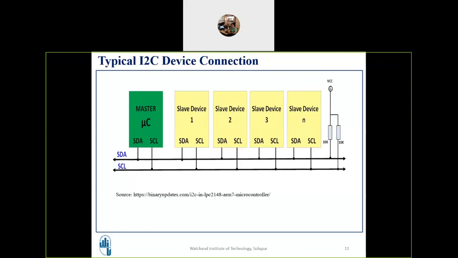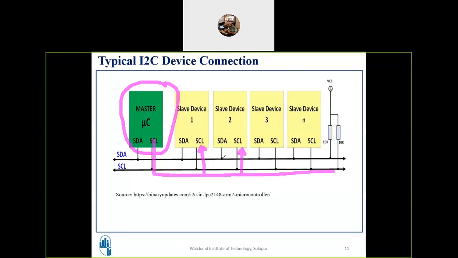For this discussion it is assumed that this particular device is the master. When this device is the master, it is its responsibility to generate a clock and make that clock available to all other peripherals. So this will give the clock to this slave, and the same master will give the clock to this slave also, like this.